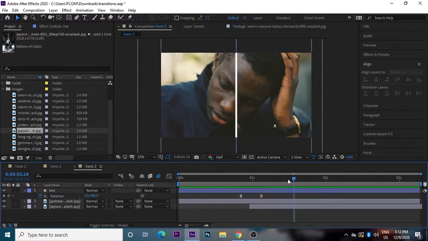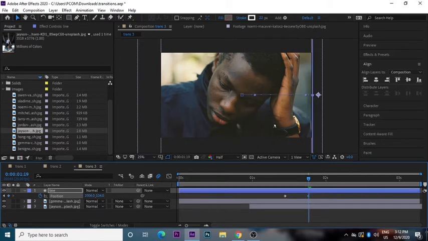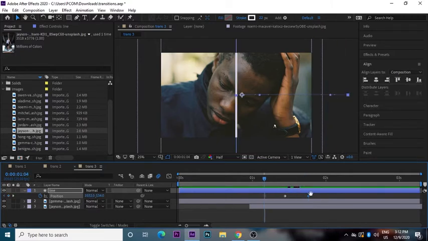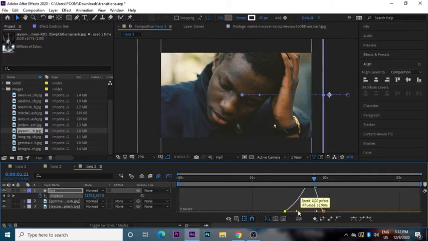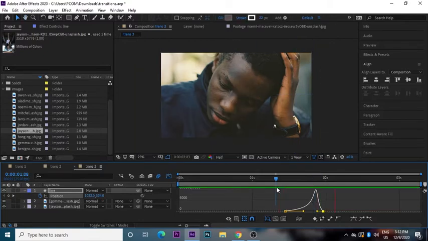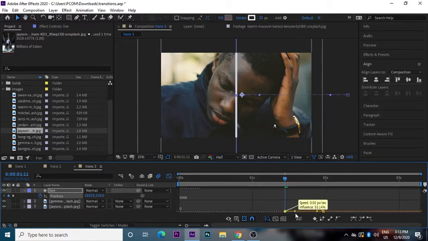Now we have to just animate this line, the position of the line. So again press P, and now let's go more ahead towards here, create a keyframe and go to around more seconds, and just make that keyframe go all the way towards the right, something like so, and make this keyframe a little bit longer, and we will mess with it in the graph editor, which will look really cool. So just make it something like this, or just make it towards the left. It will look more cooler.